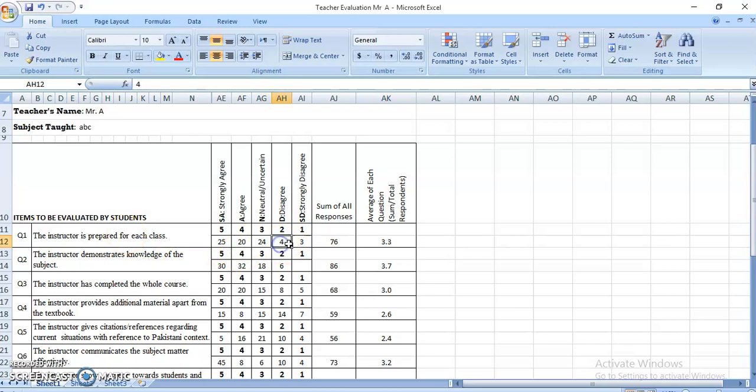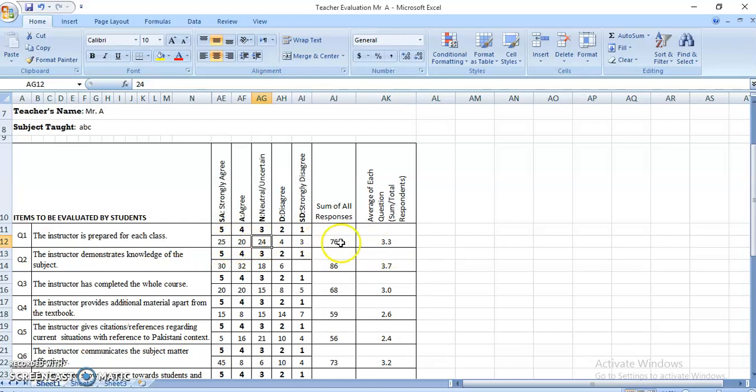And 4 means 2 students disagree, the 2 students say that this teacher is not prepared for class, and 3 students strongly disagree. It means in total there are 5 students who disagree, and 8 students out of 23 remained neutral, and the majority of the students agreed.